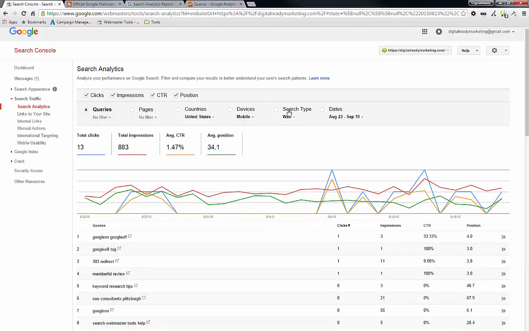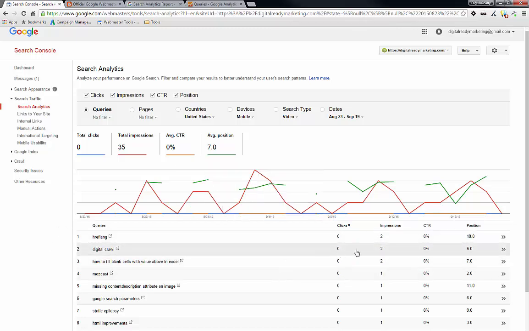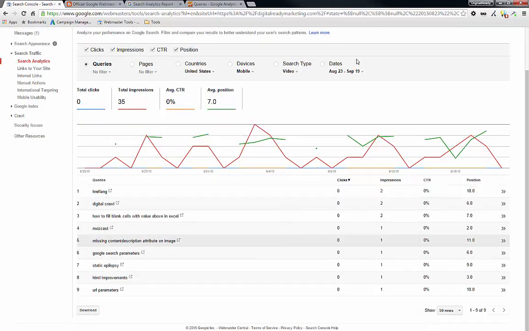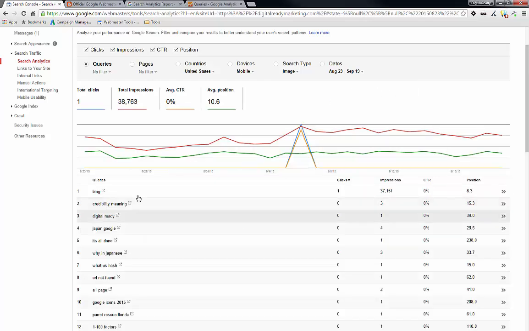So that is that, and search type. There's web, image, and video. If your pages show up on image search or video search, this is where you will see it, and it will tell you under what kind of queries your website is showing up for that particular video search. So in case you are heavily doing, say, image optimization, you can see the improvements